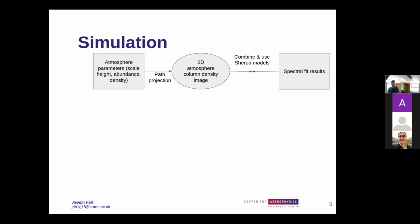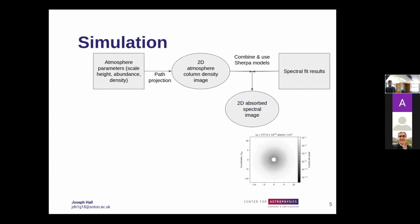So these column density maps were then combined with our spectral fit results from Sherpa, as well as our abundances, to produce a new model which had an XSPEC vphabs absorption component multiplied to it. So iterating over each of those column densities, we were able to produce an image of the planet's atmosphere, where